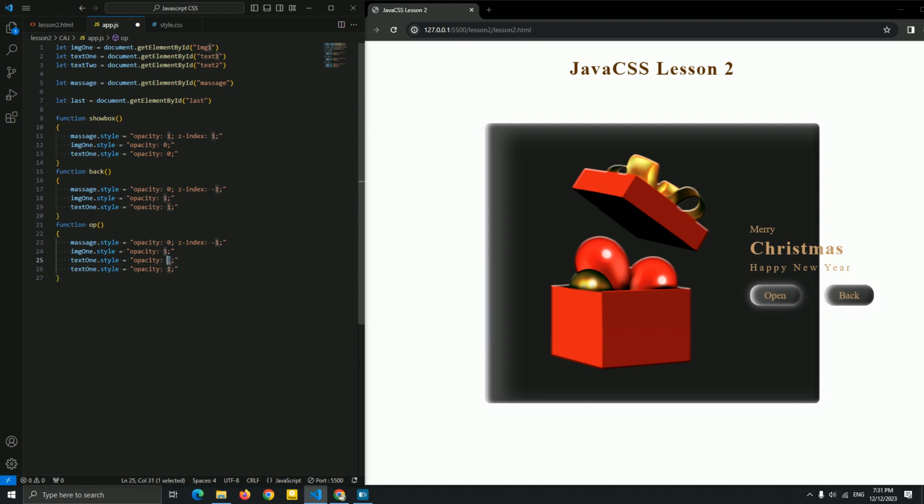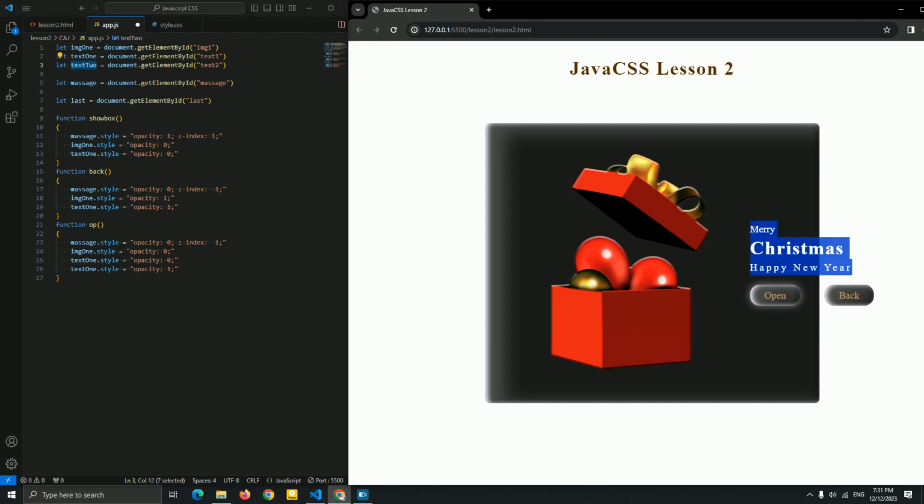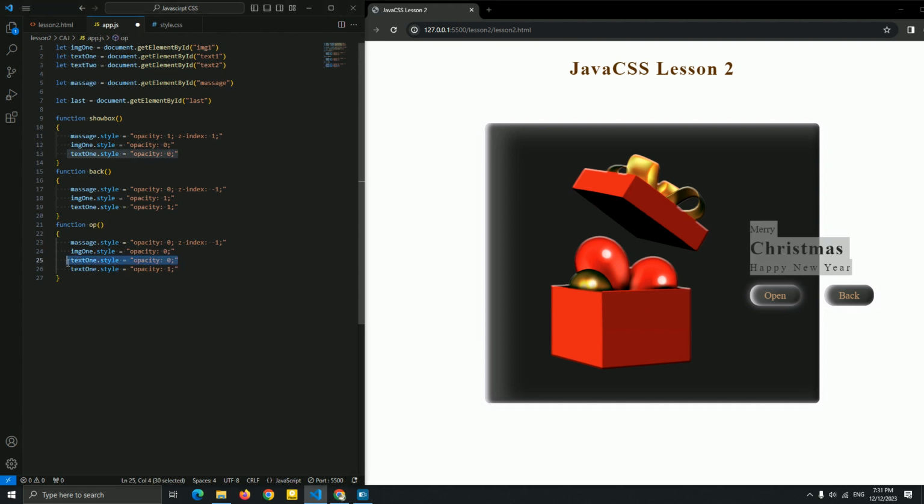Now for text 1 it will be opacity 0, and let me add a text 2, that is this, as you can see, the Merry Christmas that I named here. I want the opacity 0 for text 2. Okay, very simple. Now let me just see it.